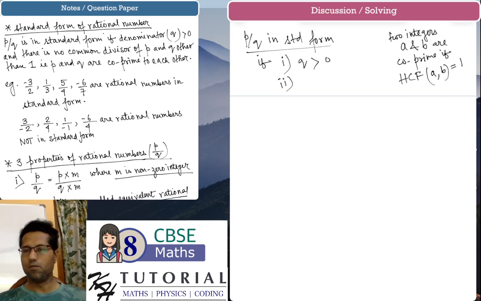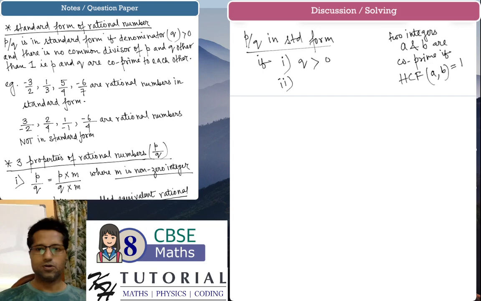have any common divisor other than 1, like 2 and 3 are co-primes. You take any two primes, they are co-primes. Let's say 7 and 9, they are co-prime. There is no common divisor between 7 and 9, even though 9 is not a prime number. So any two integers which do not have a common divisor other than 1 are known as co-prime